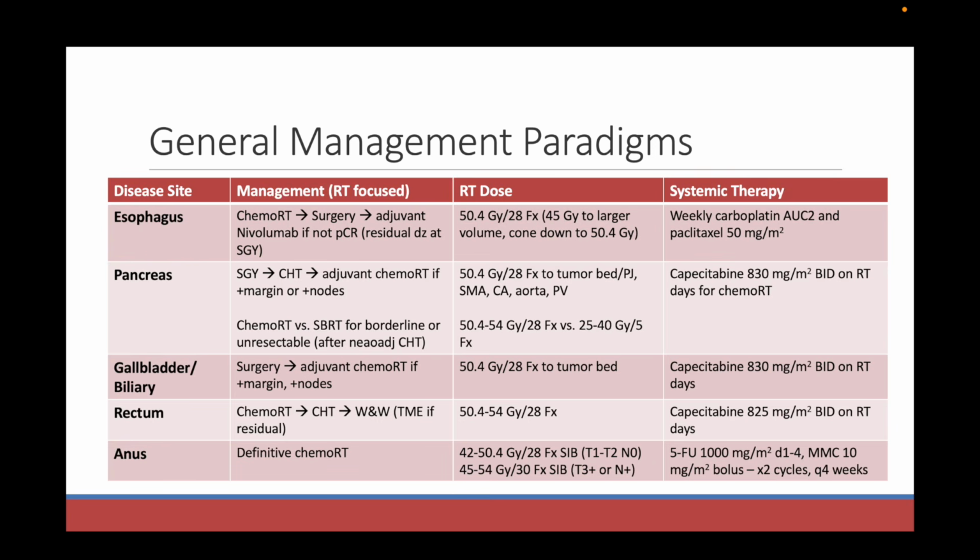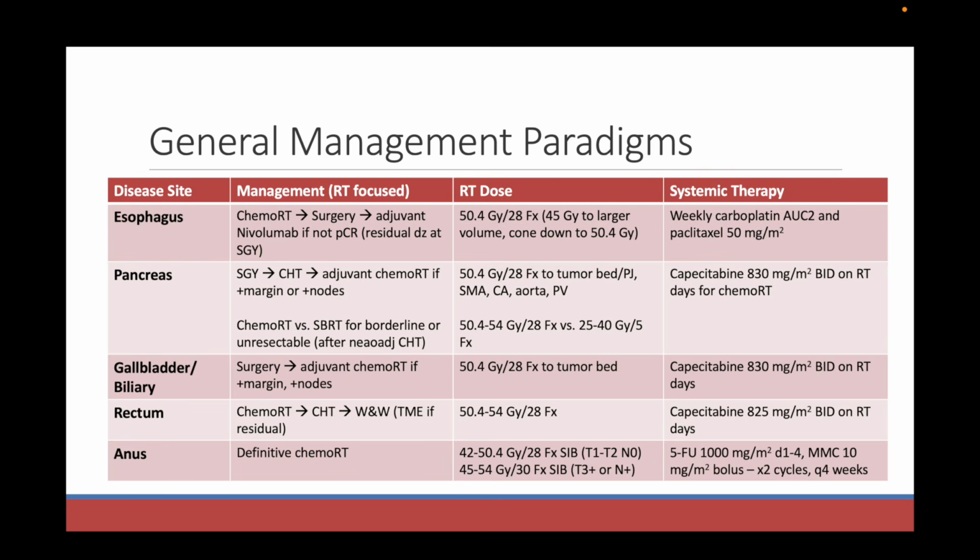they can be gallbladder. They typically will get surgery first, and then adjuvant chemoradiation if they have positive margin or positive nodes. Rectal cancer, we can manage these with total neoadjuvant chemotherapy, where they get chemoradiation followed by chemotherapy, and then we do a wait and watch approach, and if they have residual disease clinically, then they get a total mesorectal excision. And of all of these cancers, anal cancer, which remember is squamous cell histology most of the time,